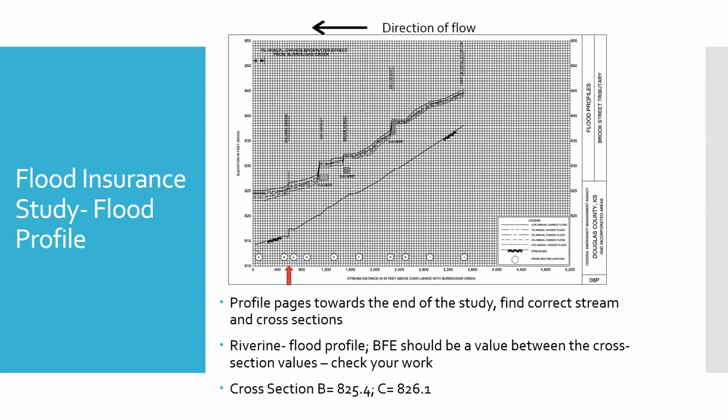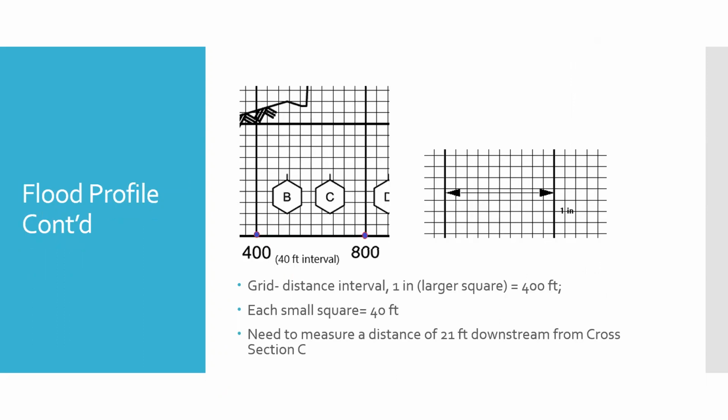Again, check your work, just double check everything. We have found some errors before in flood insurance studies in the profiles. It's not very common, but it can happen. So I am looking closer in at the flood profile. So I've got this distance of 400 to 800 feet between these two